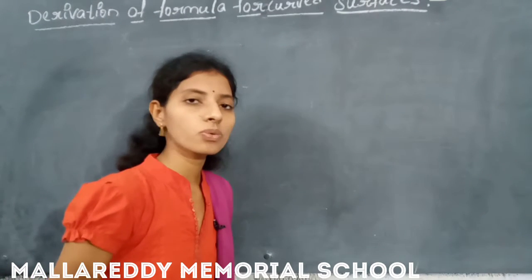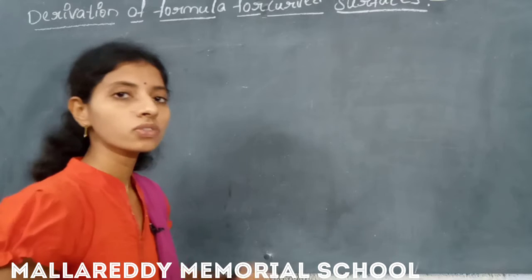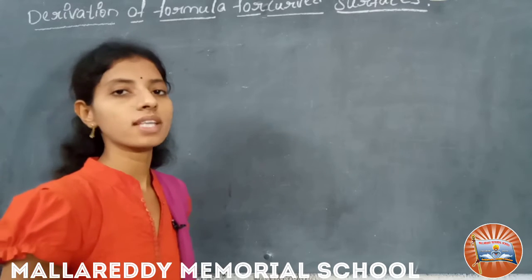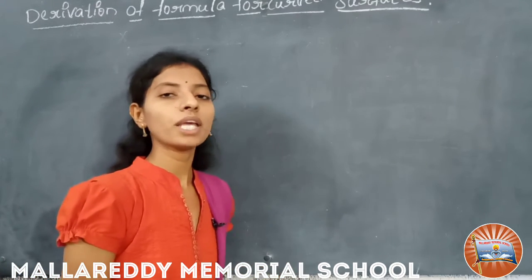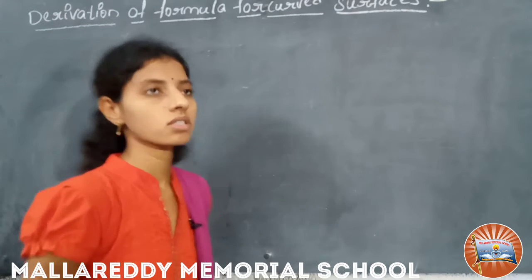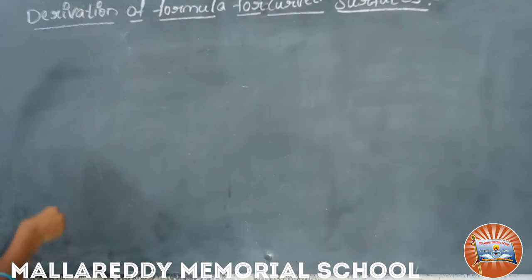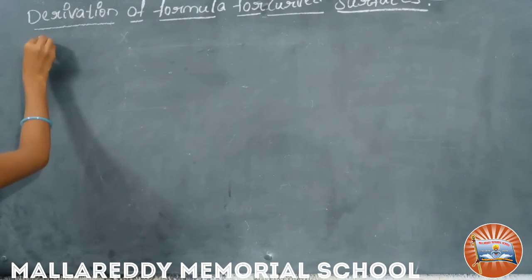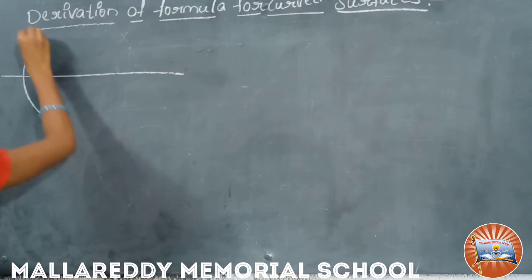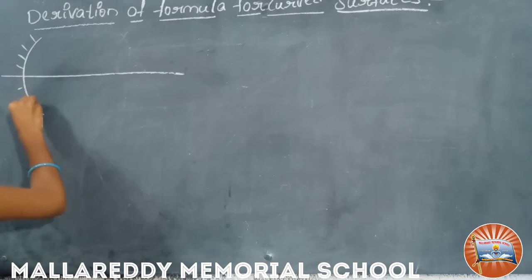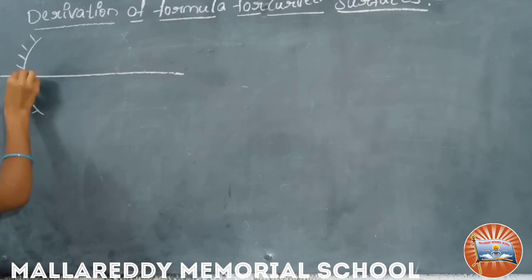Now see the next one, derivation of formula for curved surfaces. Now we are going to find the mirror formula by using curved surfaces. See, first of all I want to draw the ray diagram. So here take the concave mirror. This is the principal axis and here pole,